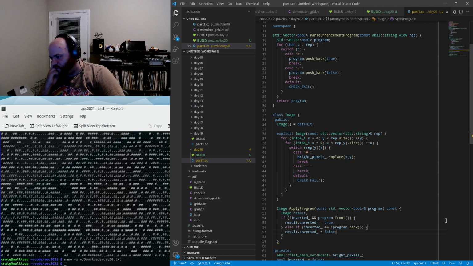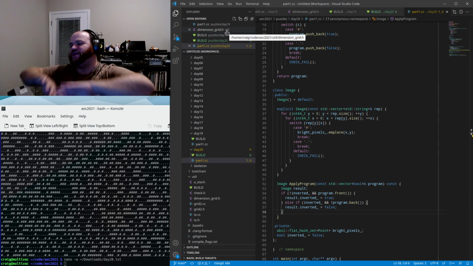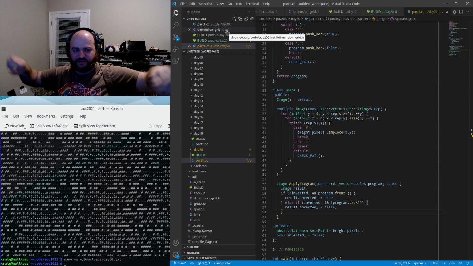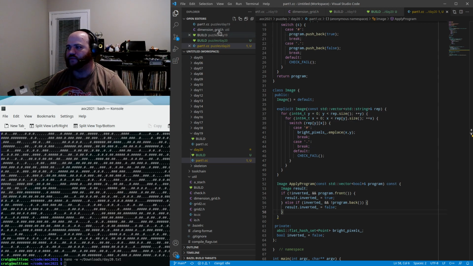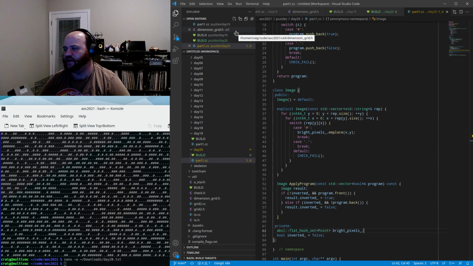Then the result should be false. And okay, that should be fine. I think we might have to come back to that flipping logic, but I hope we are okay. So basically everything that's beyond 1 away from a pixel that we know is in this bright pixel set, or if it's inverted, the dark pixel set,